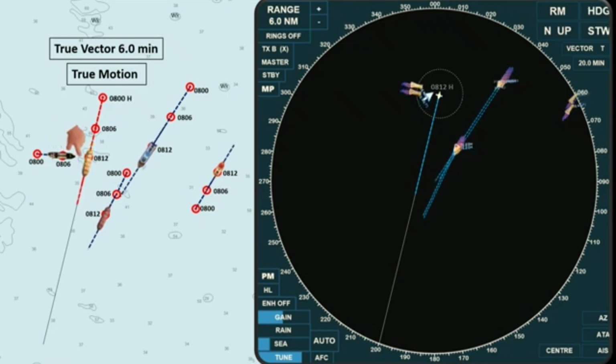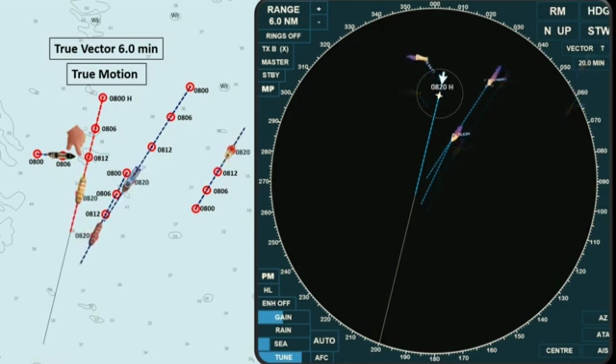As all vessels continue with their present course and speed, these are now their respective positions at 0820 hours. One target disappeared in the radar display because she was out of range. This target remains stationary, while these two need close monitoring. After 20 minutes, this vessel's position will be here, this one is here, and own ship's position will be here. This vessel will be passing astern in more than 20 minutes, while the bearing and CPA of this target should be monitored as a collision or close-quarter situation may arise in more than 20 minutes,